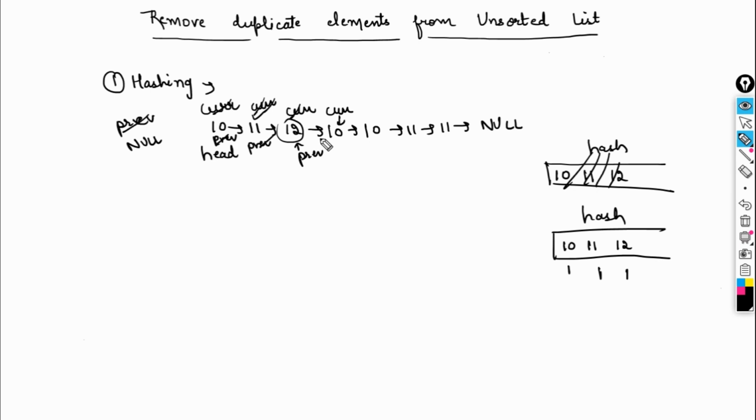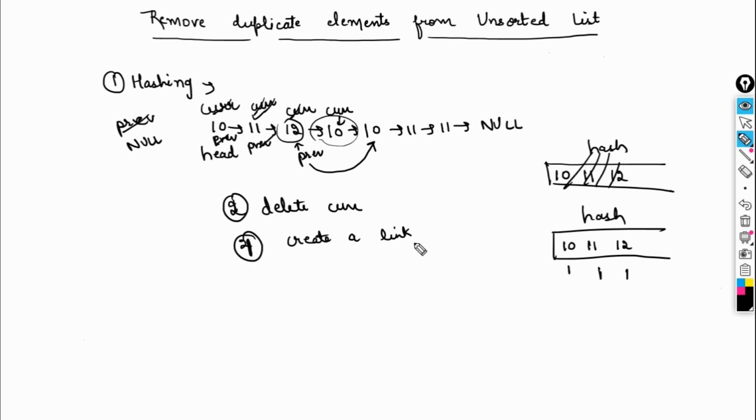That basically means that we need to remove this element. We need to delete current from here. So I need to create a link from here to here. The first task is to delete current, and the second thing that you need to do is create a link. But if I delete current first, then basically the list will be lost. So this will be our second step, and the link will be our first step.